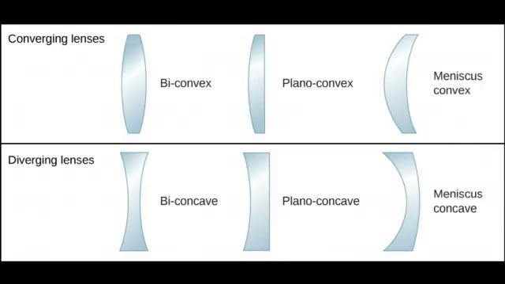The other types of lenses are the plano-convex lens. If one of the faces of a biconvex lens is plane, it is known as a plano-convex lens. Plano-concave lens: if one of the faces of a biconcave lens is plane, it is known as a plano-concave lens. Then you see the positive meniscus, that is the meniscus of the convex lens, and the negative meniscus, that is the meniscus of the concave lens. These are the types of lenses and it is given in figure 2.2 in your textbook.